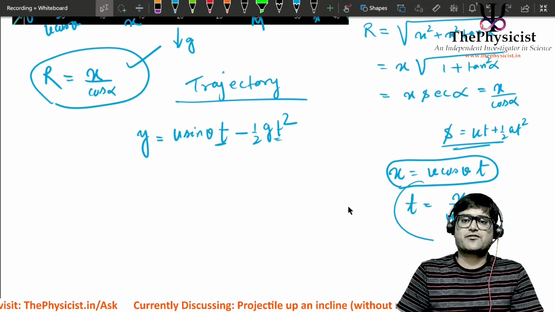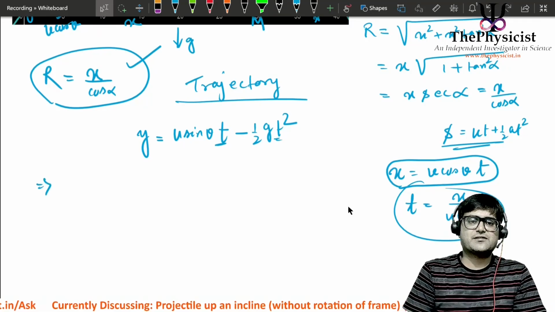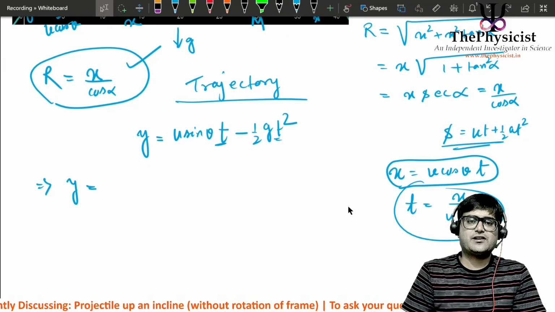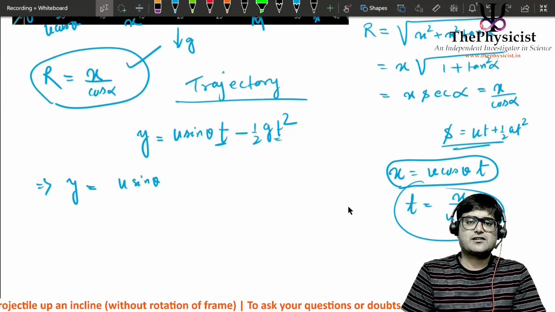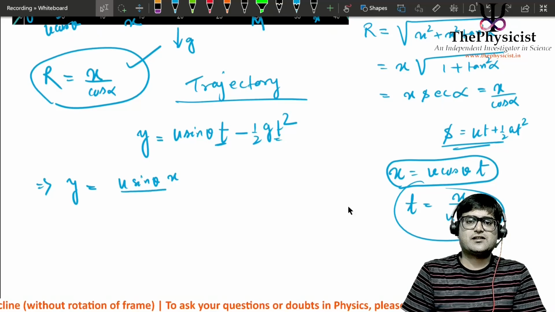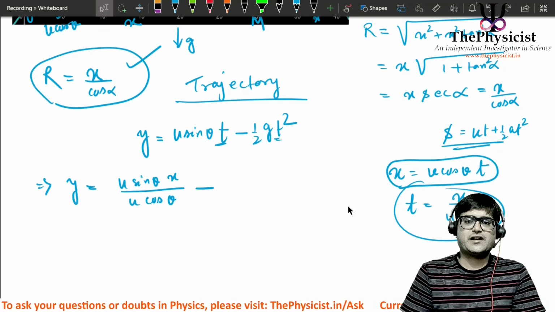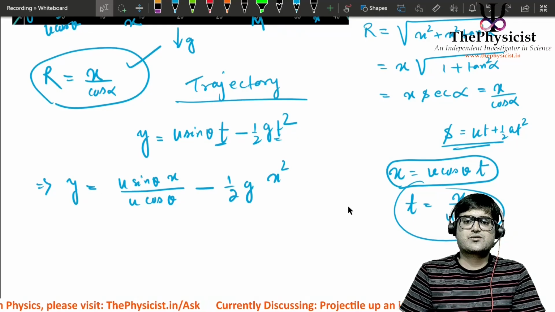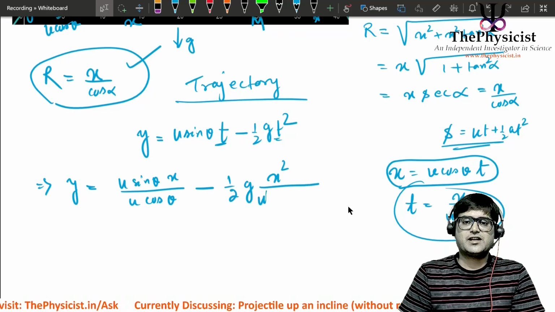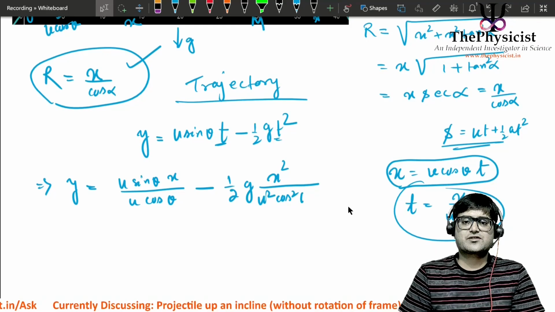So plug that value of t here. That means I can simply say y will be u sin theta into x divided by u cos theta minus half g into x squared divided by u squared cos squared theta,